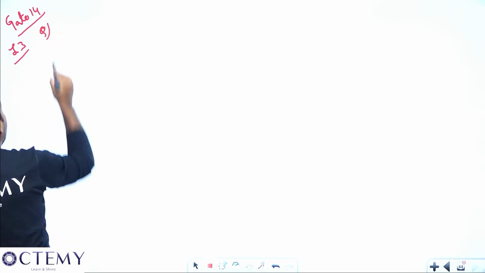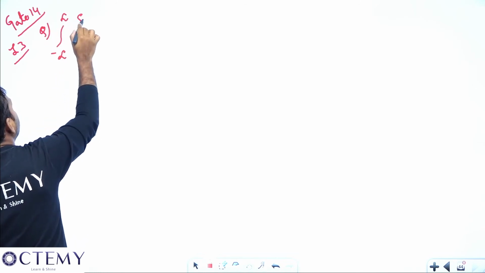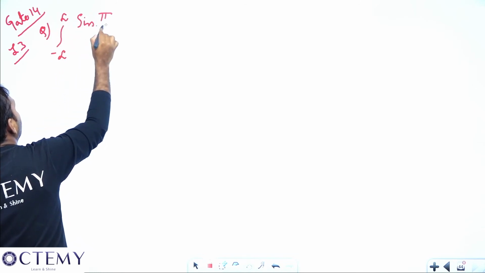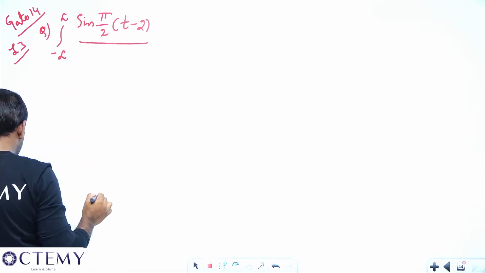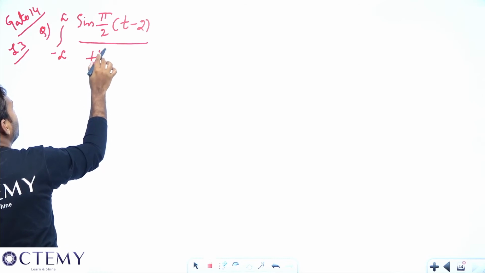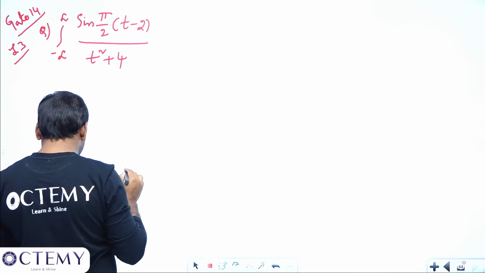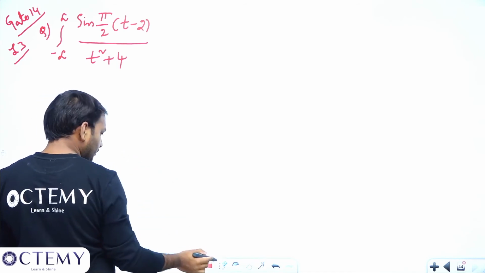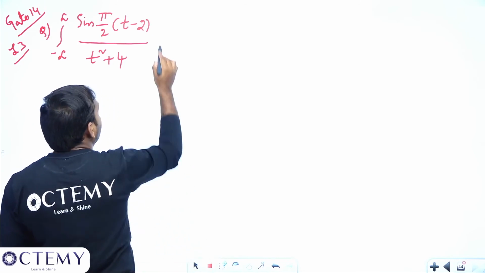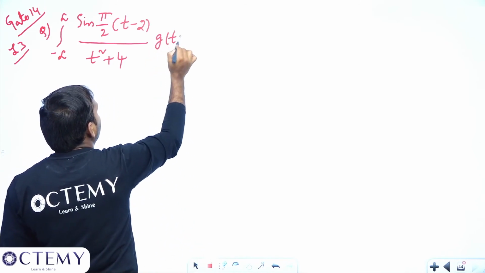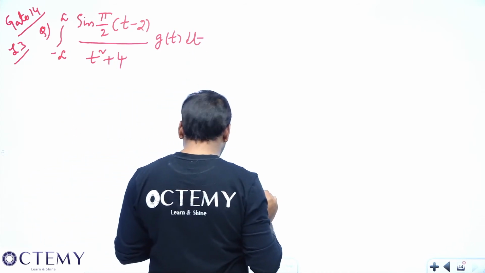Question he has given integral minus infinite to plus infinite sin pi by 2 t minus 2 divided by t square plus 4, into g of t dt, something as given, where g of t is simply